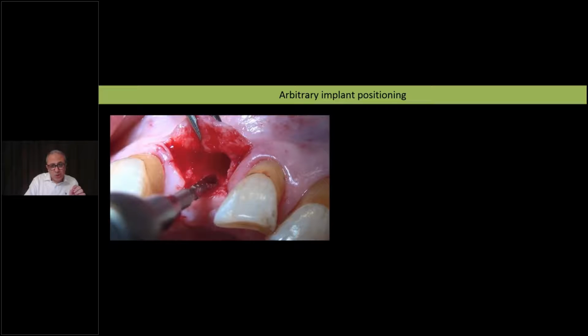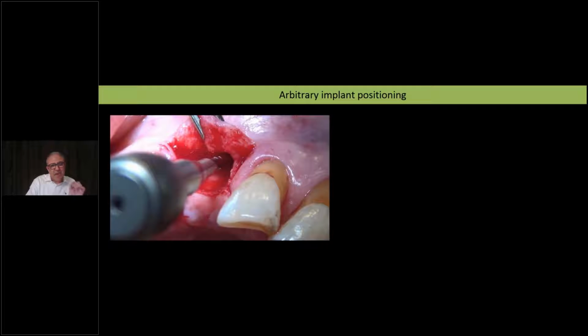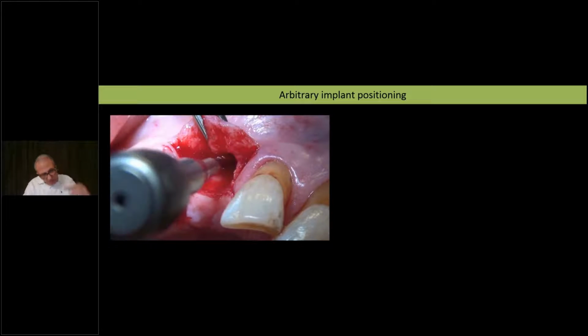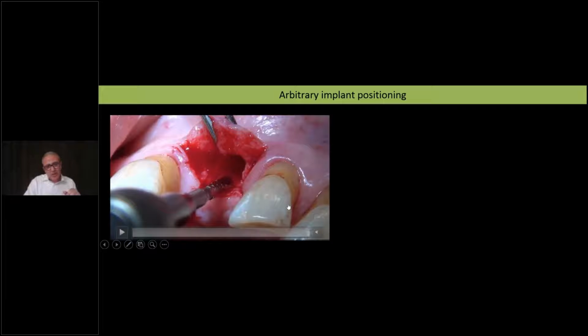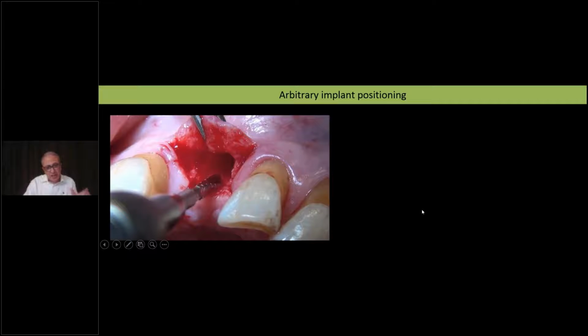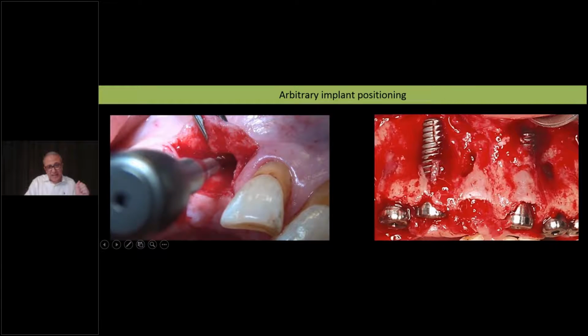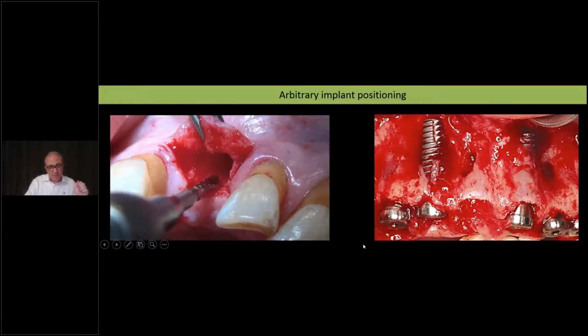And I'm showing this video to you here just to realize the fact that this is the main error that causes faulty implant positioning, which is the slippage along the architecture of the socket anatomy itself with the pilot drill. So once you do this arbitrary, what I call arbitrary implant placement, you see this result all the time. If you let your drill slip like that, you will end up with violation and improper implant placement.